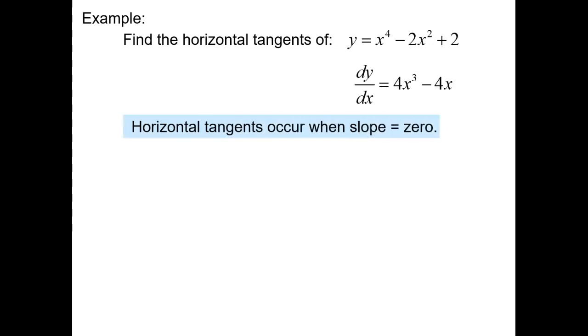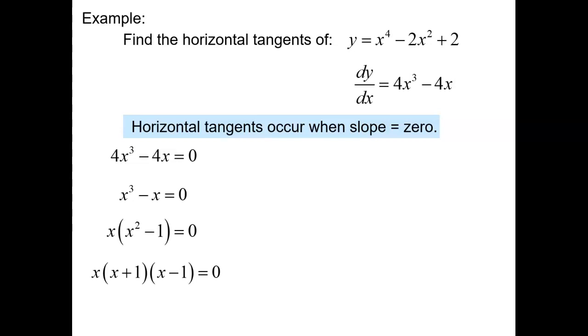So we're going to set this derivative equal to 0 to find out what values of x this occurs at. Doing a little bit of factoring here, a little bit of algebra, I divided everything by 4. I factored out an x. I factored that term to get my 3 terms, and I set each term equal to 0. My 3 factors here are when x equals 0, x equals -1, and x equals +1, which would give me horizontal